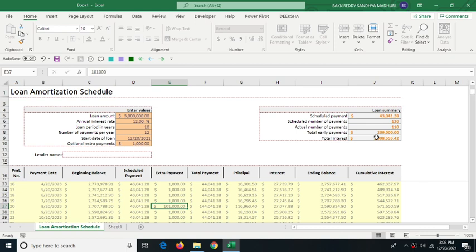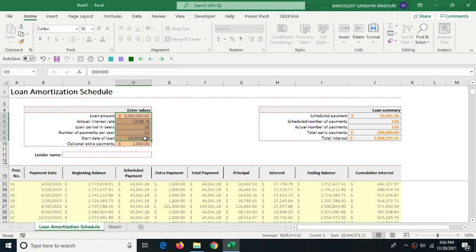Okay. So by using this option, just by entering these 5 details, we can get full details of our loan. No need to go to anyone, no need to beg or ask anyone to get the loan details. We can get them on our own. So this is a way to get our loan details.